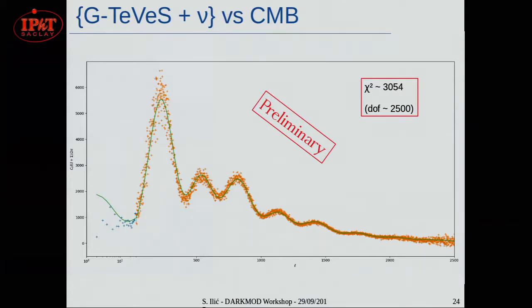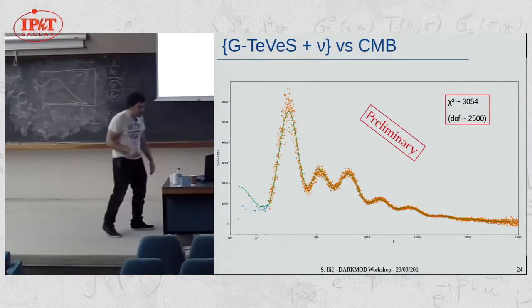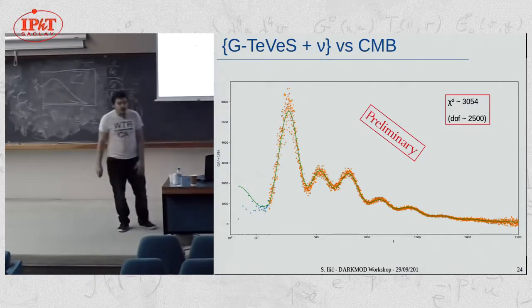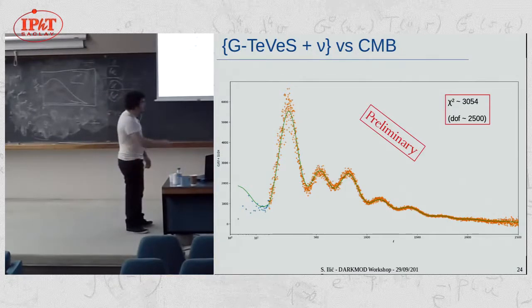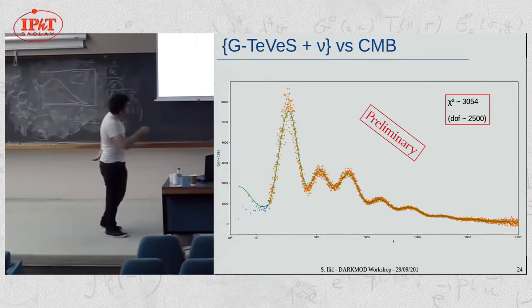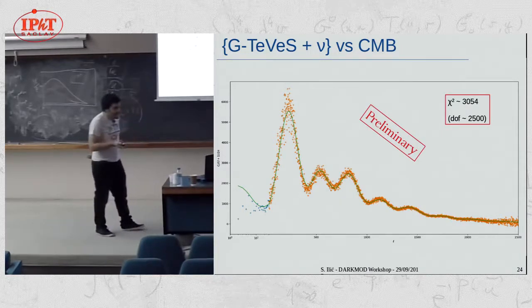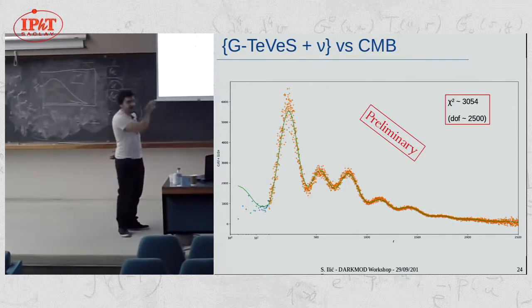And there's a noticeable improvement. For just one new parameter and one new component, there's quite a non-negligible improvement in the chi-square. So neutrinos help, and exploration seems to prefer values of the mass of the neutrino that is significantly non-zero. But again, the chi-square is still not on the lambda CDM level. Also, in this kind of model, when you go back to the behavior of the background evolution, H of z, again, it's not a really good fit of lambda CDM, but it's not worse than what I showed before with the dedicated background exploration.